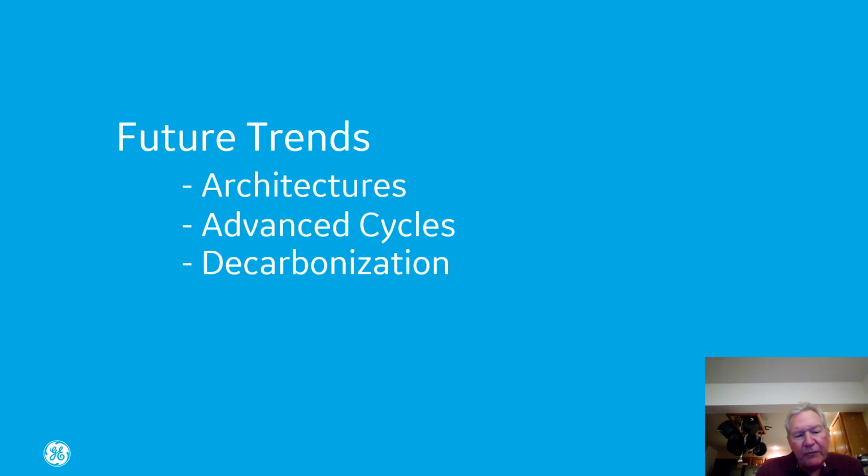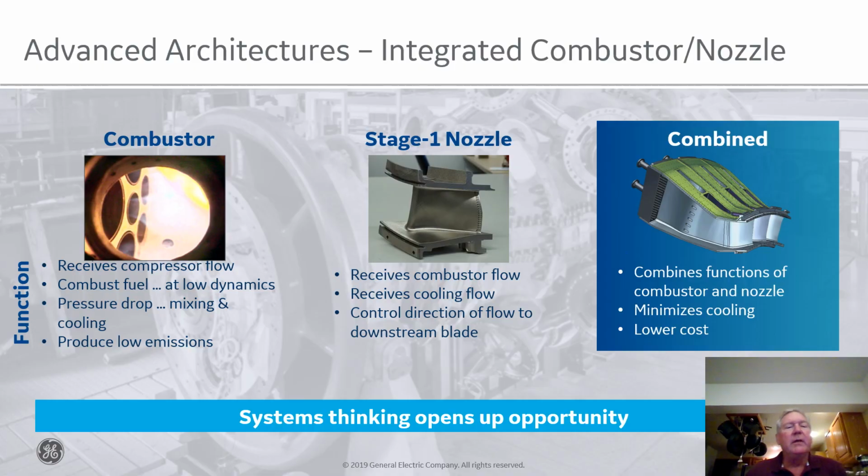I'd just like to take a few moments to talk about some future trends. I'll give an example of an advanced architecture, an example of an advanced cycle, and also say a few words about decarbonization. So advanced architectures can be embodied in many different ways,